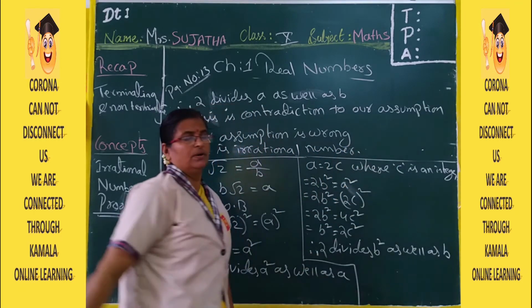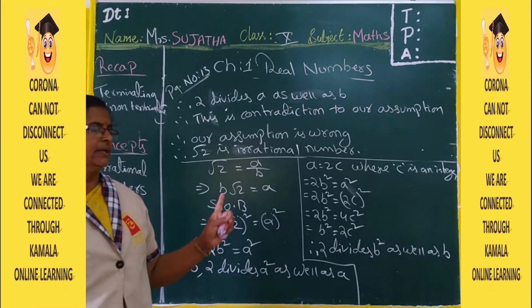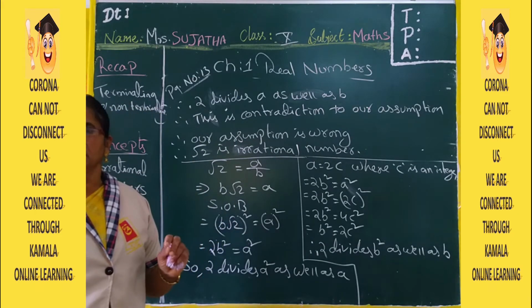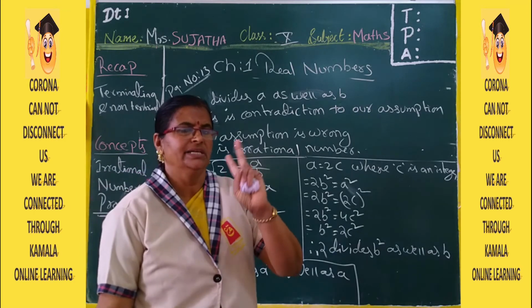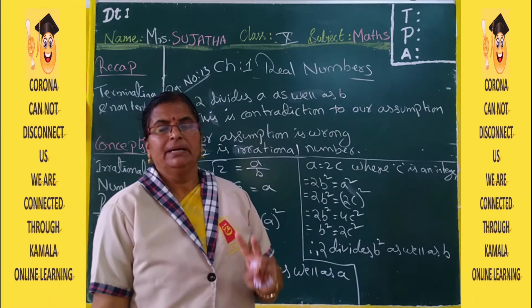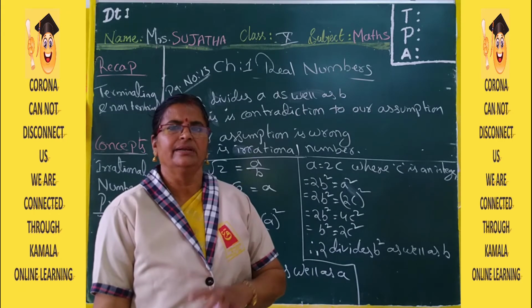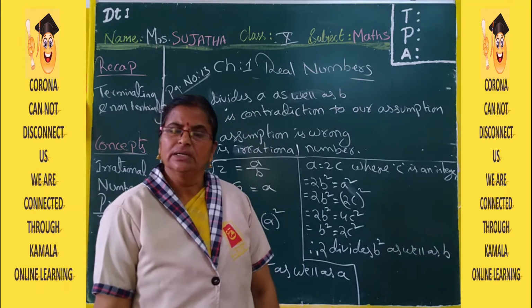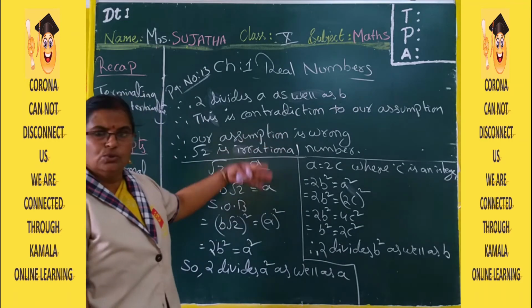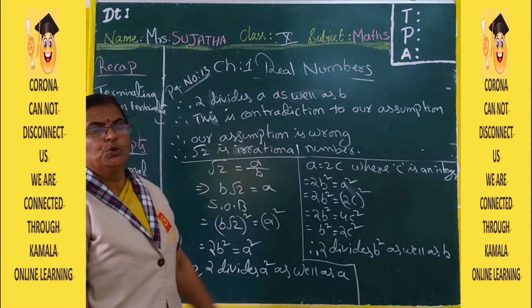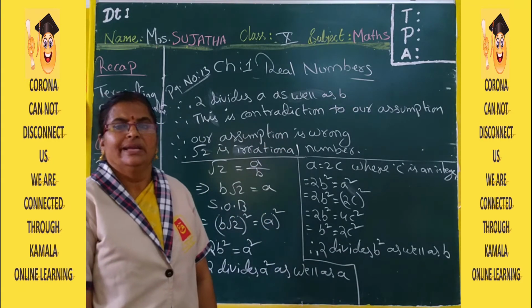If single digits like root 2, root 3 are given, you get this for 2 marks. If double digits, like root 2 plus root 3 or root 2 minus root 3 are given, that is for 4 marks. That also I will explain. First I explain the 2 marks sum. You have to prove that root 2 is an irrational number.